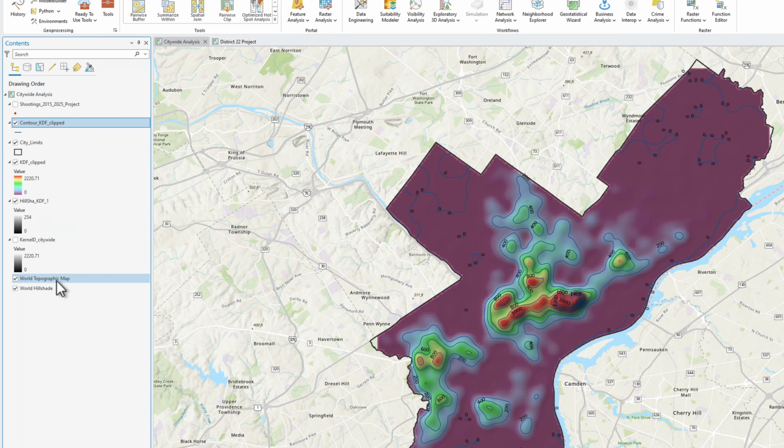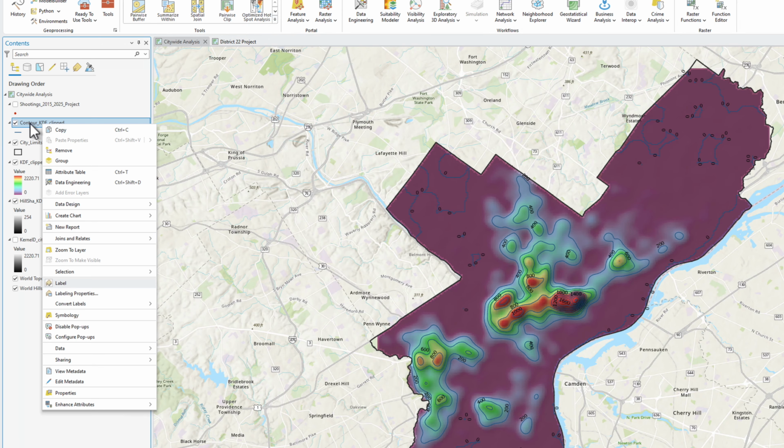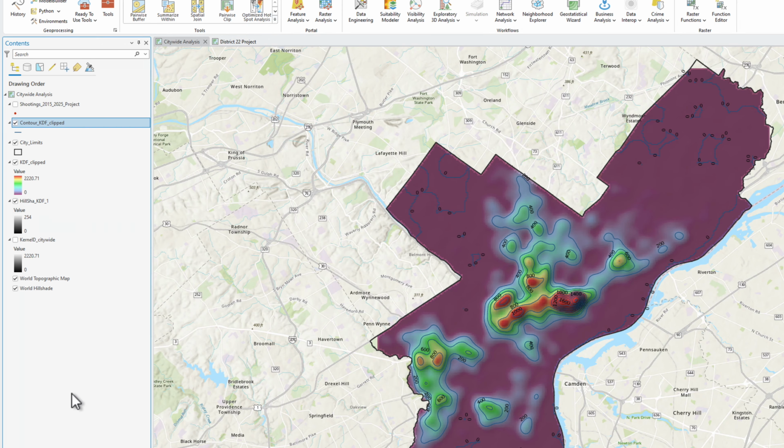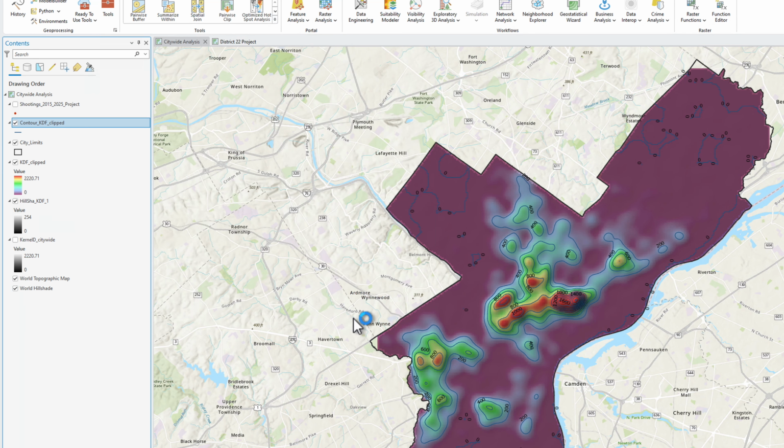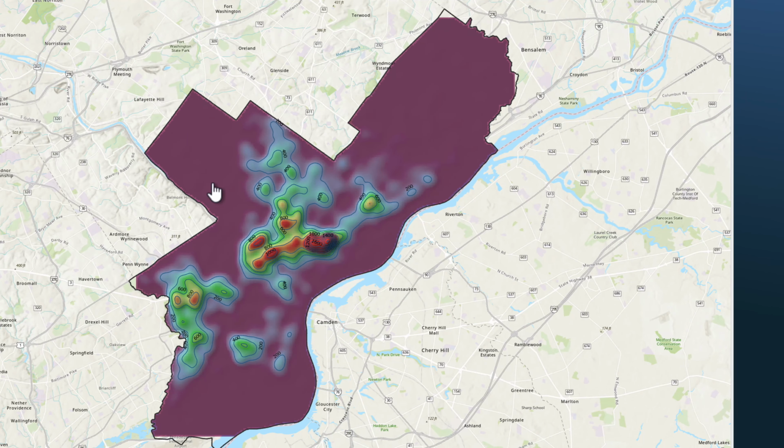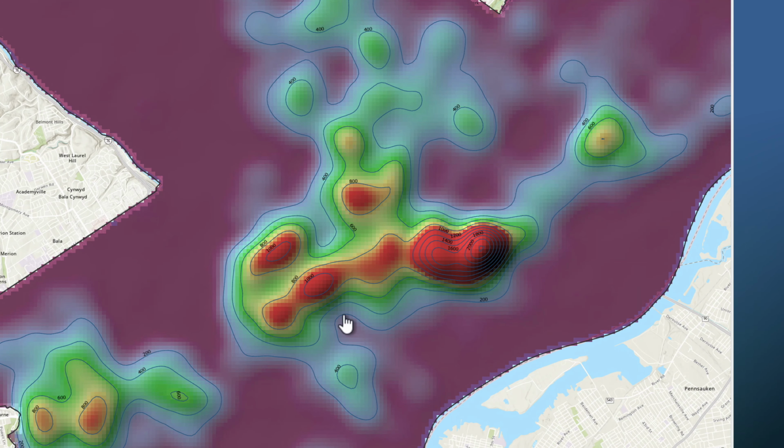The one thing I'll say is the zeros aren't really doing anything for us. So typically what I'll do here is go into the properties and define a new definition query where contours are greater than 0. And once we do that, we have a much cleaner visualization. So if we come down here a bit, we're going to zoom into this map a little bit. Remember, our contour lines are at 200-foot intervals,